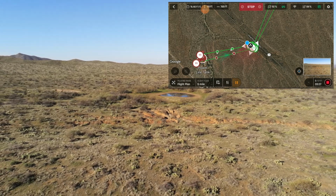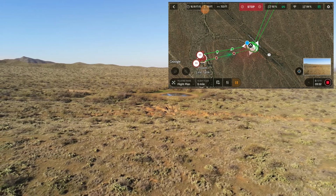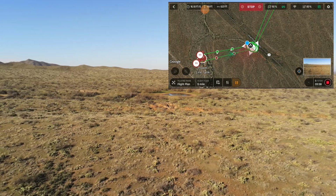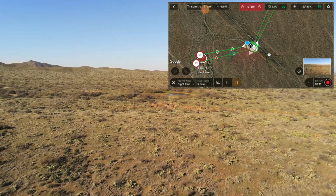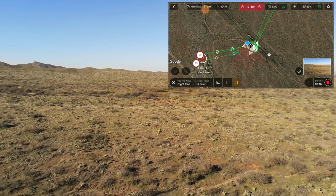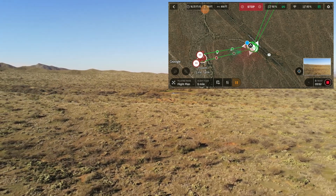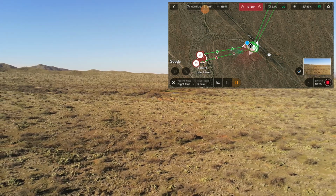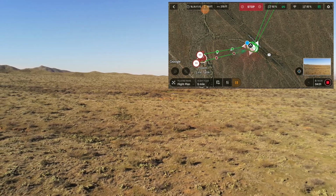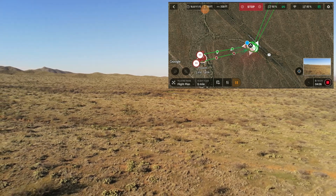We're heading back to the home point, and then we'll cross the highway and head for the other hole. I really like this Anafi. It's so easy to set up a flight plan, and you can't do a whole lot of stuff with it. You can get a point of interest, take pictures along the way, stop and pause, and turn, circle,